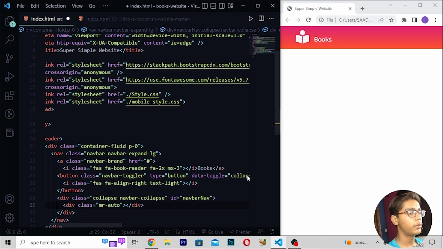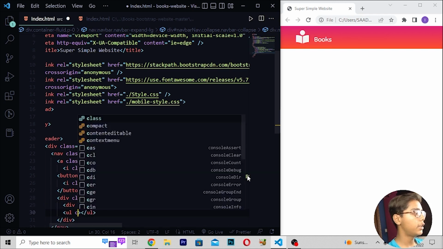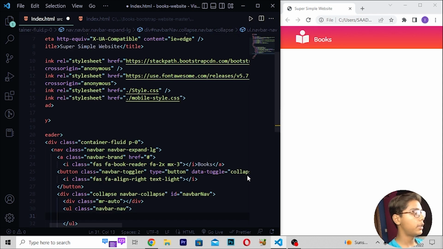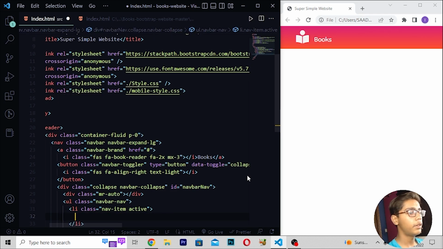Then you have to just move down after this, right here ul class, then I will be writing navbar, and here I will be now writing nav. Then you have to write here li class, then I'll be writing here nav item active. Then you have to just move down, then when you've written this, here I'll be writing a tag and right here class, which should be navlink. Then I will be now writing href is equals to hashtag, then right here home.